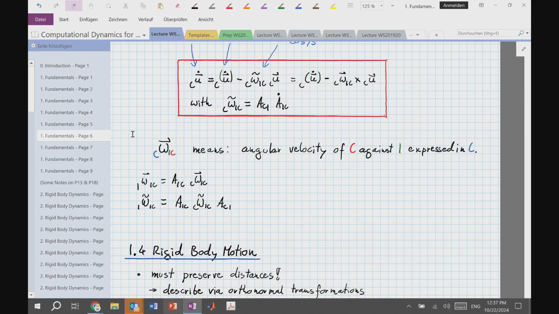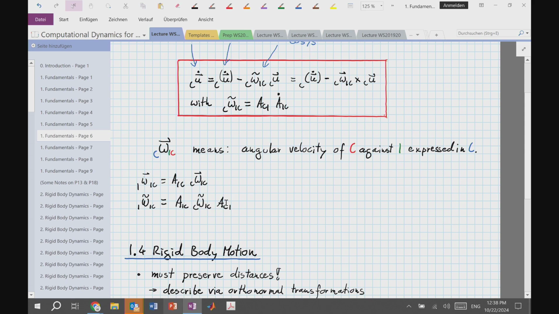And express this vector in B coordinates, right? Then I would have the vector omega IC expressed in B coordinates, would still be fine, right? Since it's a vector, this is my standard vector transformation as discussed previously. If I think about the skew-symmetric matrix, it's a little bit different because I have to do a matrix transformation, and matrix transformations always take a transformation matrix AIC before the matrix that I want to transform and one afterwards,